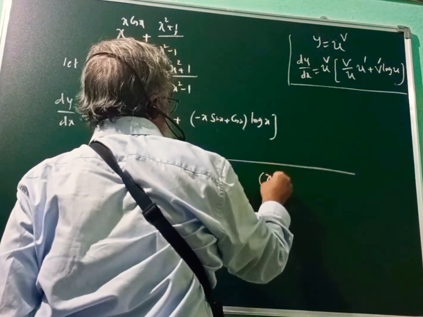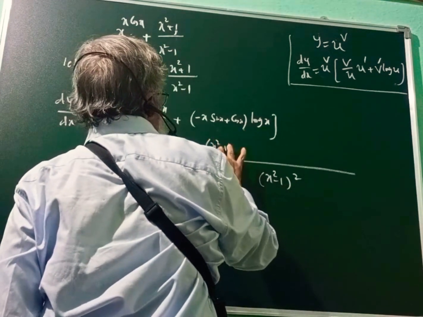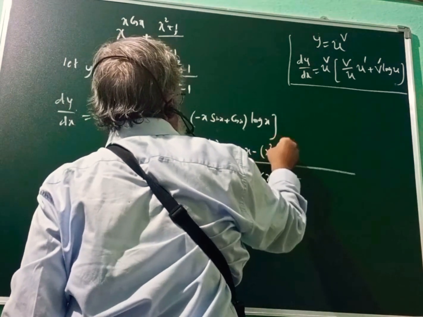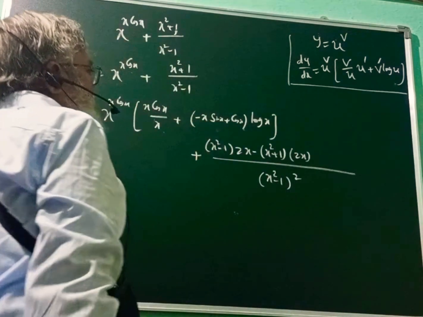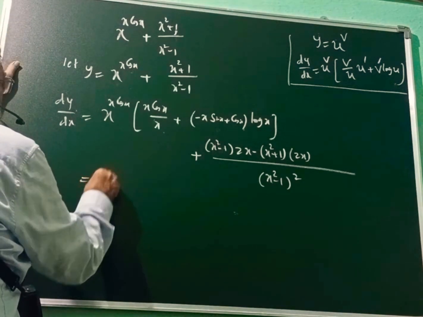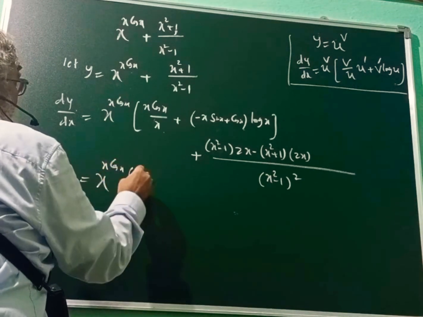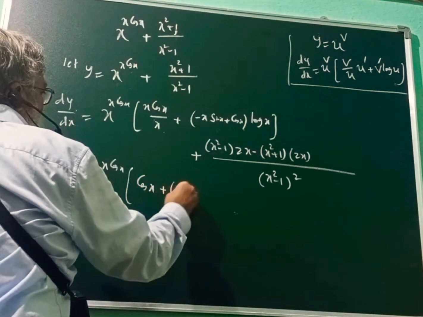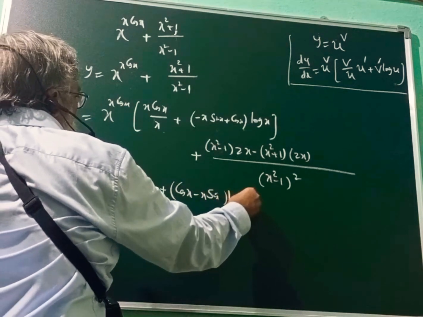That is (x² − 1)² by (x² − 1) into its derivative, which is 2x − x² + 1, into the derivative of the denominator, which is 2x. Now we can write this as x raised to x cos x, into x gets cancelled, cos x plus we can write (cos x − x sin x) into log x, and here we